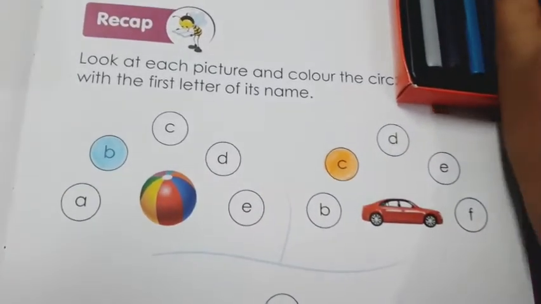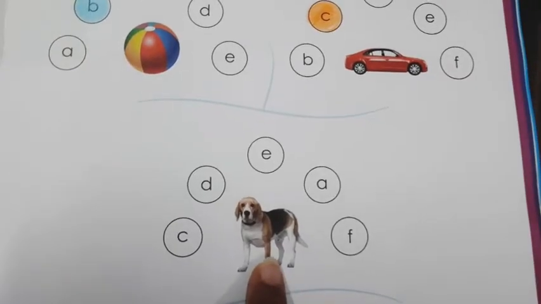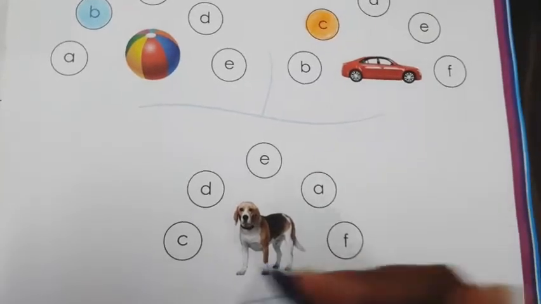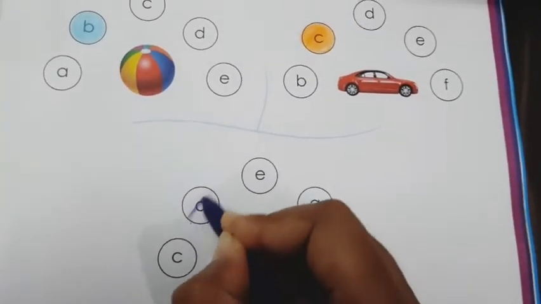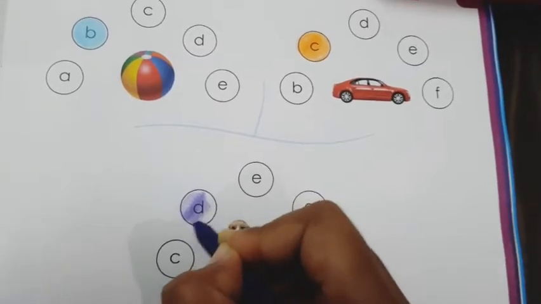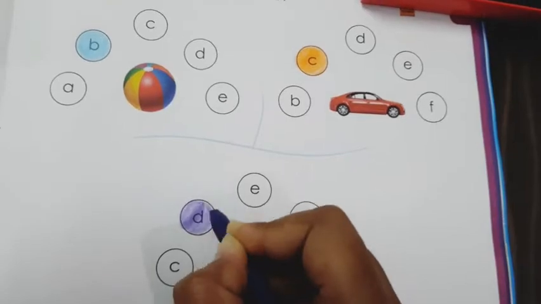Fine. Now next, which picture is this? It's a dog. So we will color the letter D. D the dog.